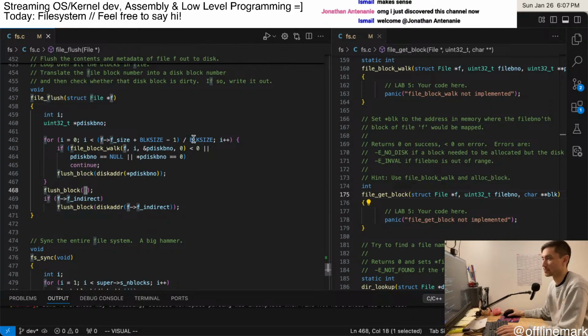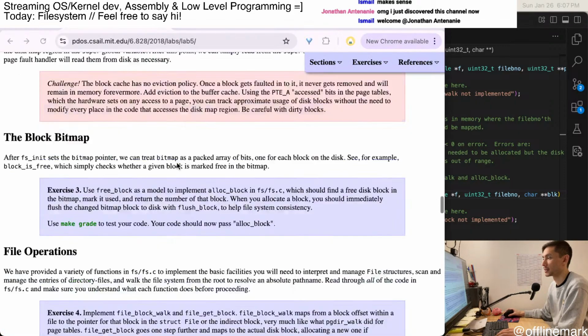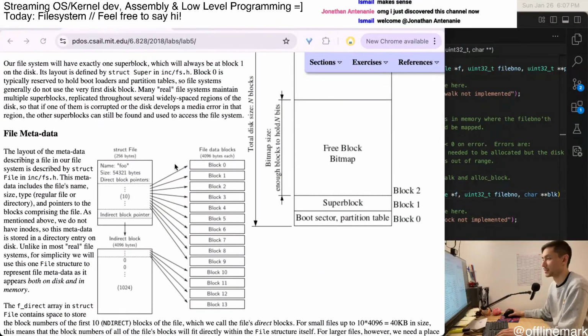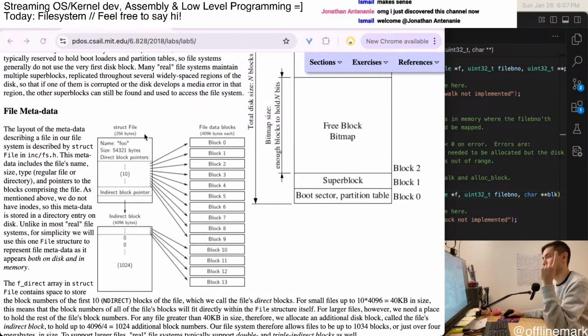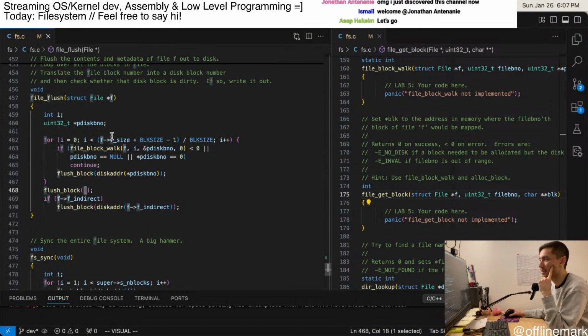So in order to flush a file, we would need to flush the struct file, the indirect block if it exists, and any data blocks. And I would kind of think that just f size divided by block size would get you the number of blocks, but